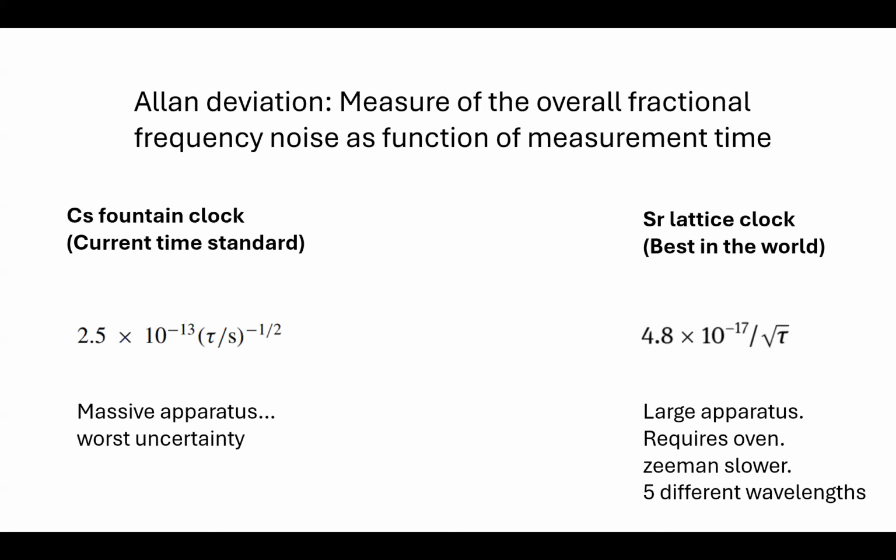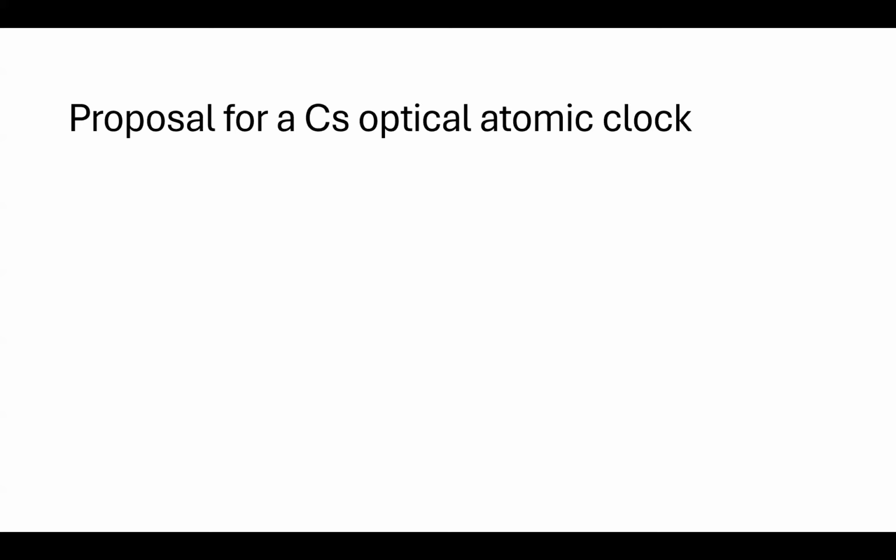So if you compare the two best clocks in the world right now, they differ by 4 orders of magnitude. The strontium lattice clock is actually 4 orders of magnitude better in uncertainty compared to the SI unit of second, which defines the SI second right now. But the interesting part is that both of these require large apparatus and also some wavelengths that are not easily commercializable. So there is a little white space that you can see here that is available for an alternative,